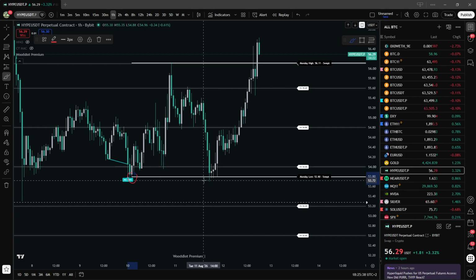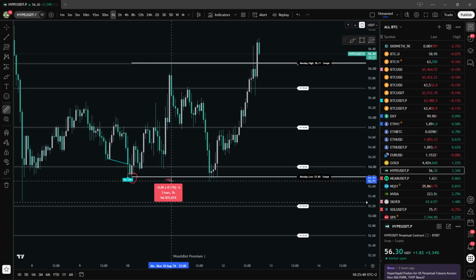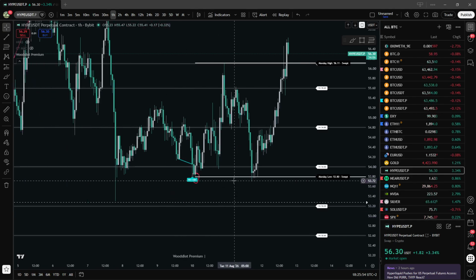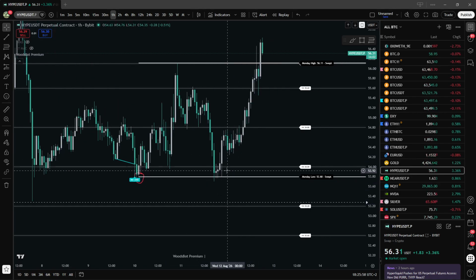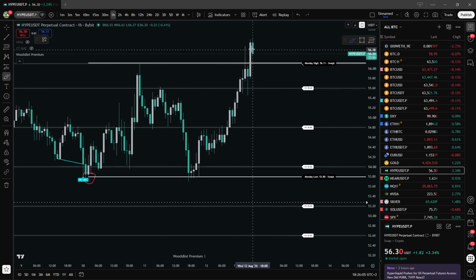And you can see how hype just barely swept this low, by just 0.11%. But as long as it just sweeps the high or the low, but closes back into the range again, like if it SFPs right here, it did SFP right there,